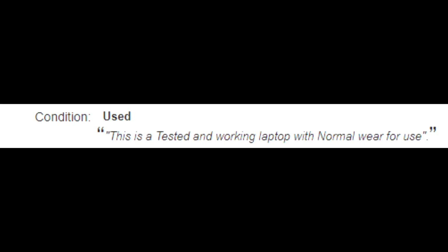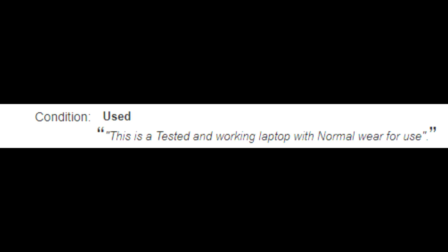Another thing to keep in mind is the condition of the device itself. You always want to make sure it says used, or new if you're actually going for a new device. If it says anything like refurbished, you want to avoid that at all costs, because refurbished models are more vulnerable to damage a lot more easily, and you don't know the repair quality of it unless you contact the seller, which they would either